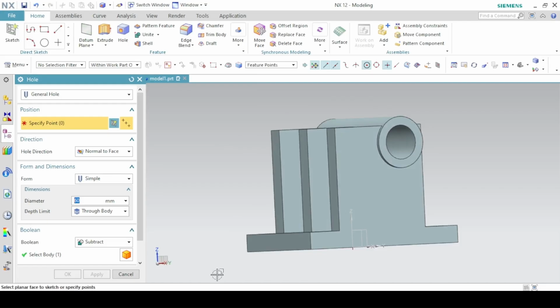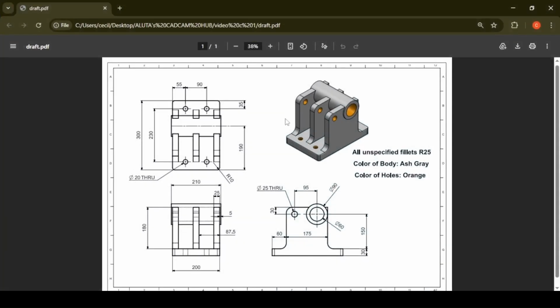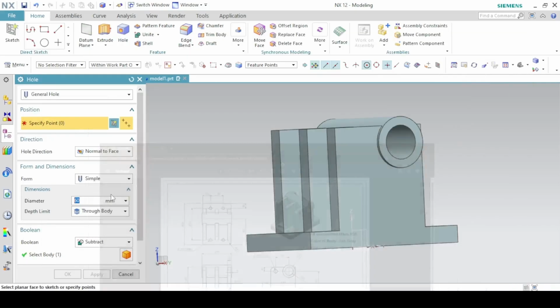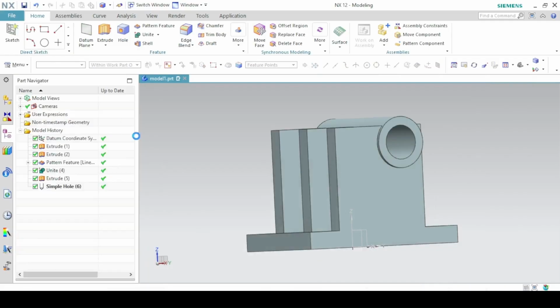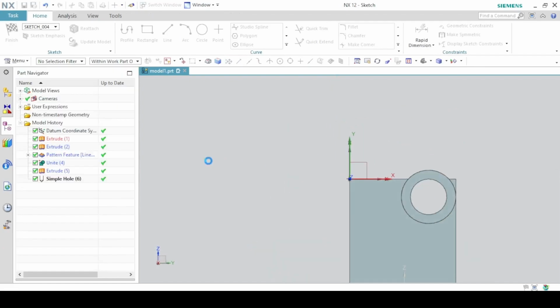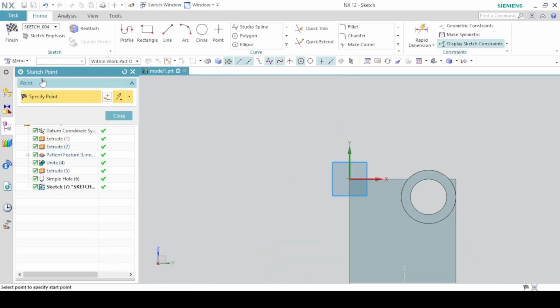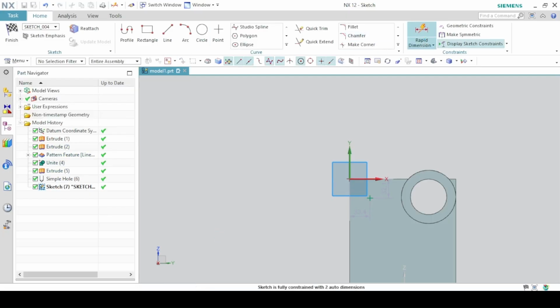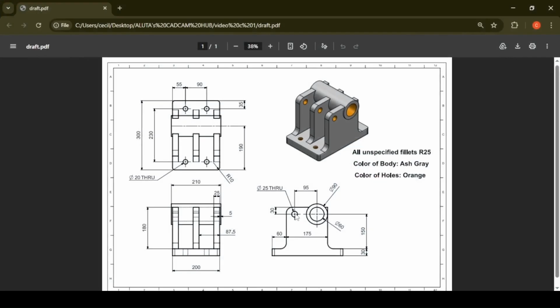Then we add this hole. So this hole has a diameter of 25 millimeters through the whole body. Sketch section on this face. Again, with the sketch point tool, place the center here and let's dimension. So the distance from the center to the top is 30 millimeters.